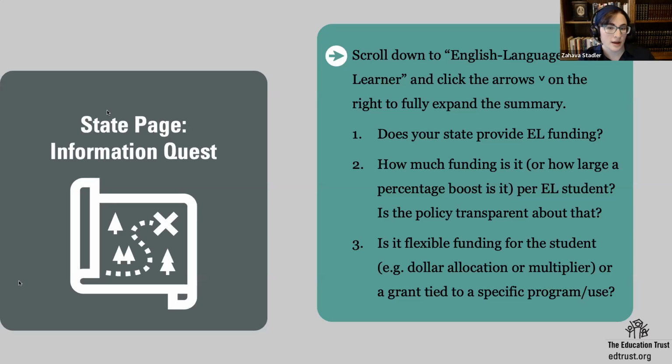Right? We're seeing a couple of examples that are coming through about Virginia and Delaware so far. Right? Rhode Island has a percentage boost, so that 1.1 multiplier means a 10% boost to the base amount that goes out for students without identified needs. Delaware has a grant program, so that's 500 per student, but it's part of a grant program. So there are limited uses. Districts have to specify what they're doing with it.